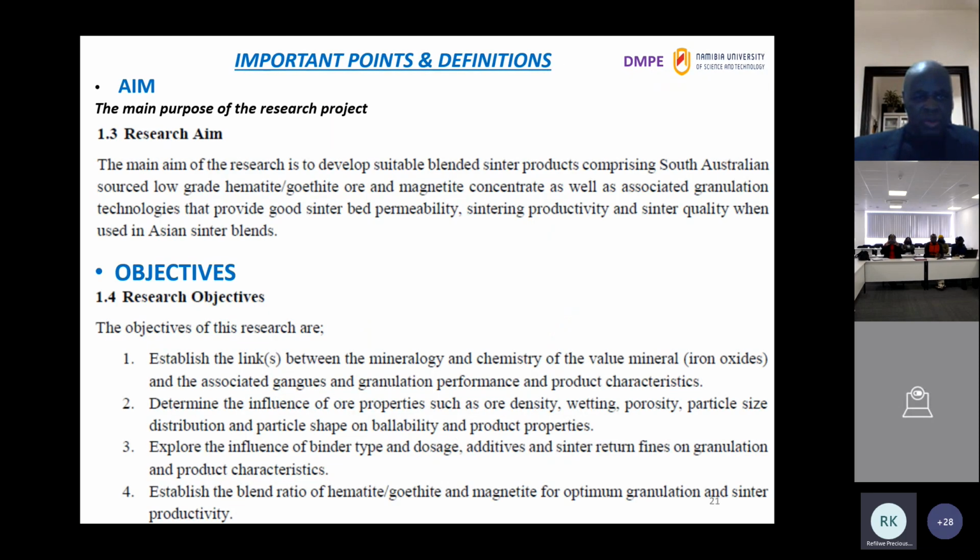I'll give you an example. One of my PhD students wrote what you see on the screen as research aim. If you read it, and I'm not going to go through them word by word, but if you read it and you look at the objectives numbered 4 below, even if you are not a chemical engineer or metallurgical engineer, you can see the differences in the sense they make, distinguishing what we call aim from